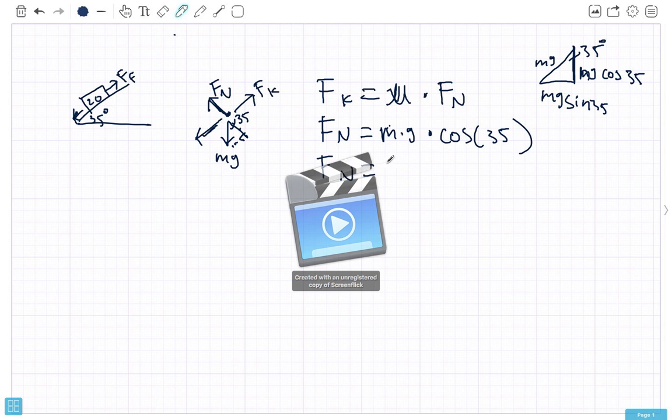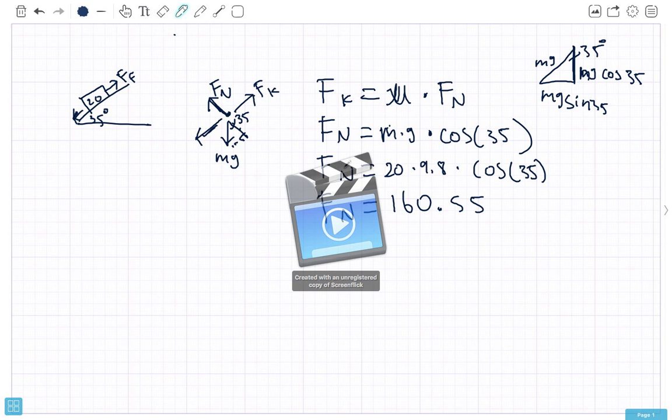Mass is 20, so 20 times 9.8 times cosine 35. Let me just do my calculator. We get 20 times 9.8 times cosine 35. Okay. So Fn is 160.55. That's cool. Alright, so now that we know our normal force,